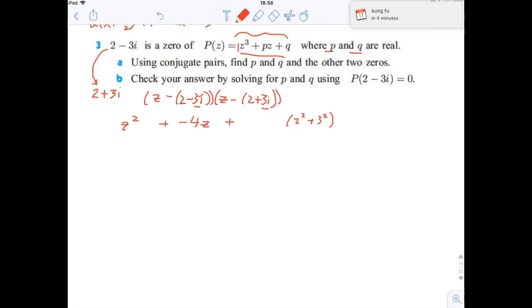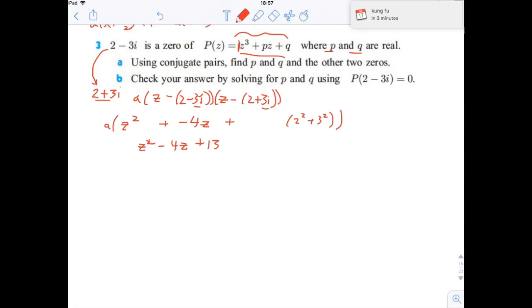Okay, and so basically we have z squared minus 4z plus, and this would be 4 plus 9, which would be 13. So, how did I know that there's no a term here? Because it's 1z cubed, so I know that a equals 1 if there is an a term. It's just 1. So I know that the two known roots are 2 minus 3i and 2 plus 3i,